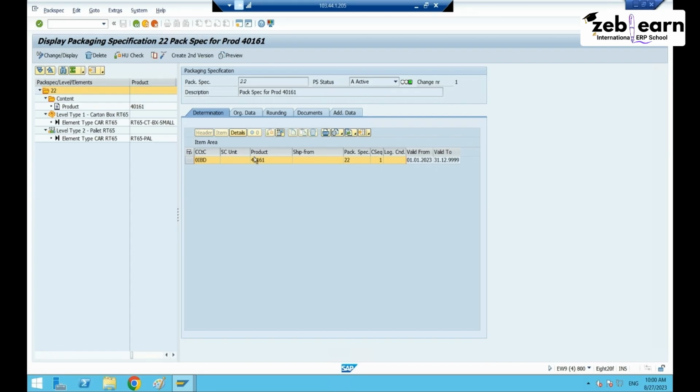So this is a way system can determine an object into another in one process. Object is our pack spec, process is our inbound delivery process. So let's